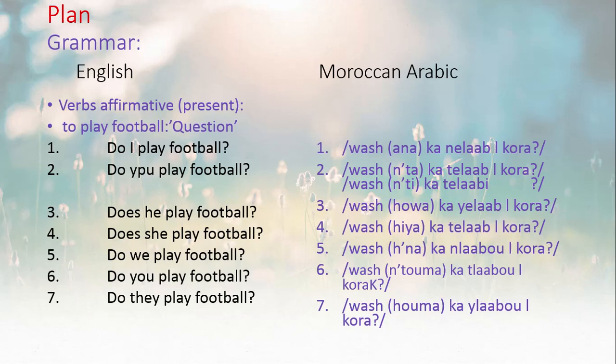Affirmative, present. To play football, question. Do I play football? واش كنلعب الكرة؟ Do you play football? واش كتلعب الكرة؟ Feminine, واش كتلعبي الكرة؟ Does he play football? واش كيلعب الكرة؟ Does she play football? واش كتلعب الكرة؟ Do we play football? واش كنلعبوا الكرة؟ Do you play football? واش كتلعبوا الكرة؟ Do they play football? واش كيلعبوا الكرة؟